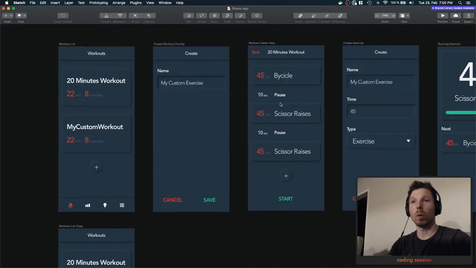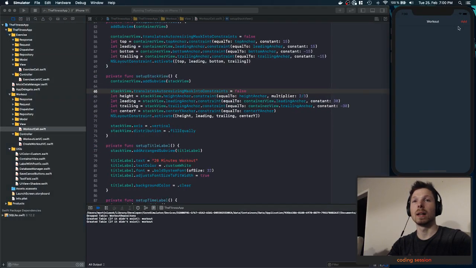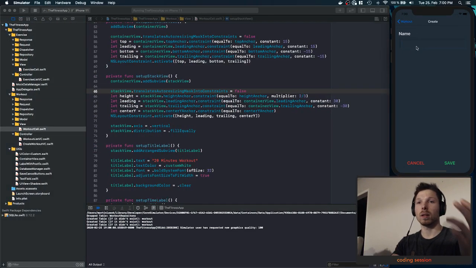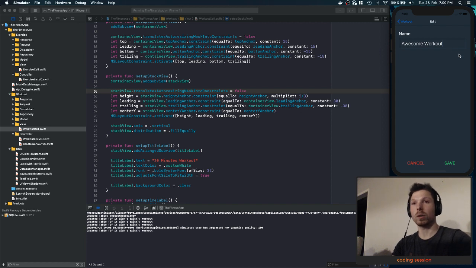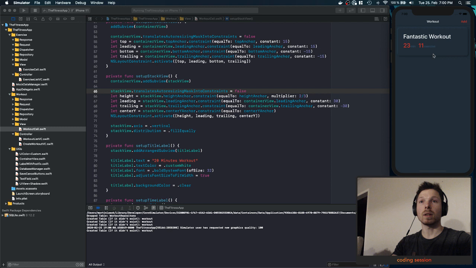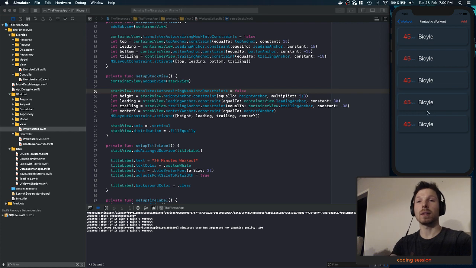Last time what we achieved was we can overall already create a workout, right? So we can save a workout and we have it. It's in the database. We can edit it. We can add some workouts. My fantastic workout. Then save it. It works. We can also tap on it and we get into a list of our exercises that are part